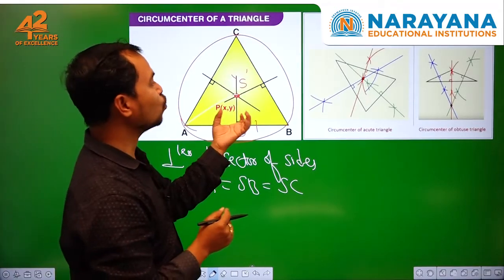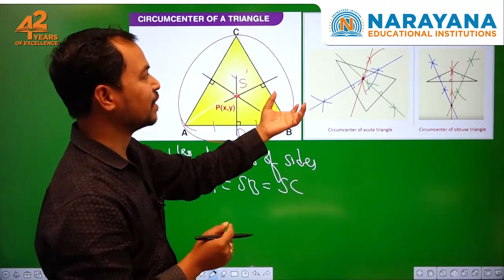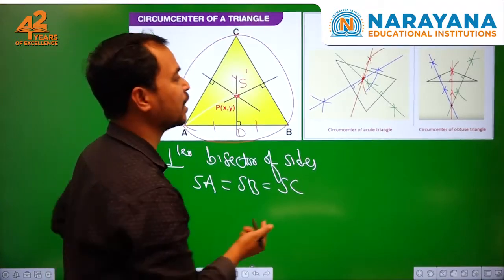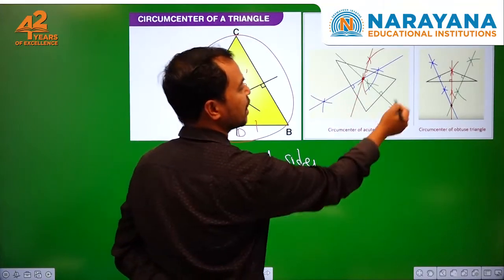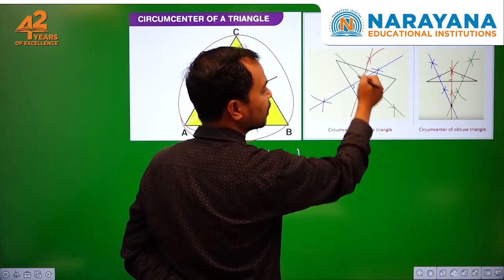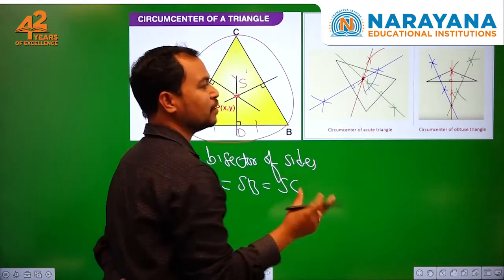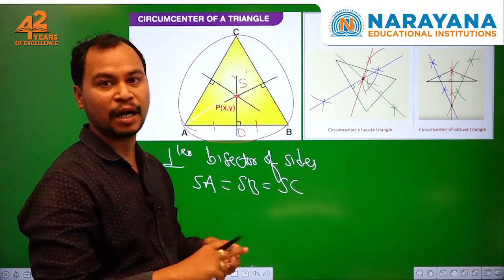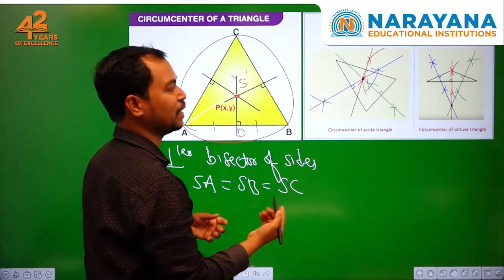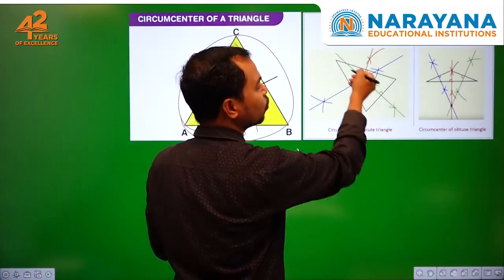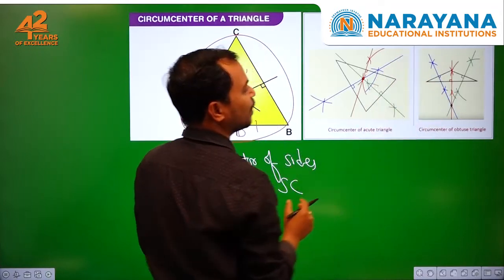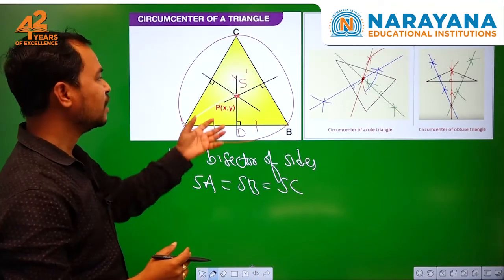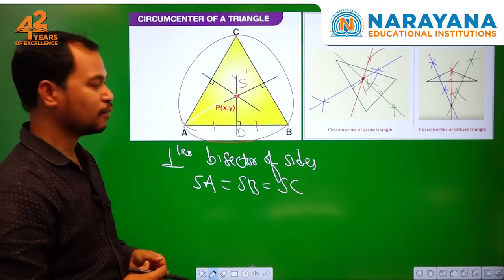Let us see how to construct perpendicular bisectors, or how to construct a circumcenter here. In general, you know the triangle. Let us see this diagram. So this is triangle ABC. Here this is a perpendicular bisector of the sides. In lower classes we studied how to construct them by using a protractor and compass like this. So this is a perpendicular bisector of one side. If you construct all three perpendicular bisectors for all the three sides, they will meet at one point, that is the circumcenter.